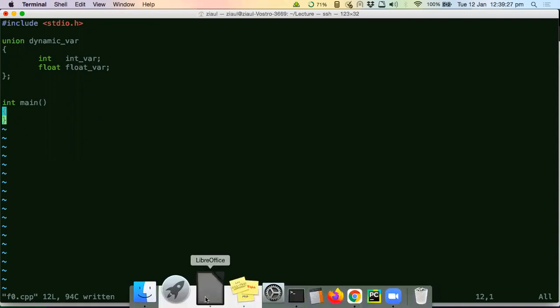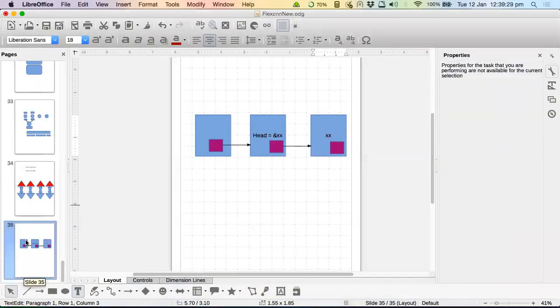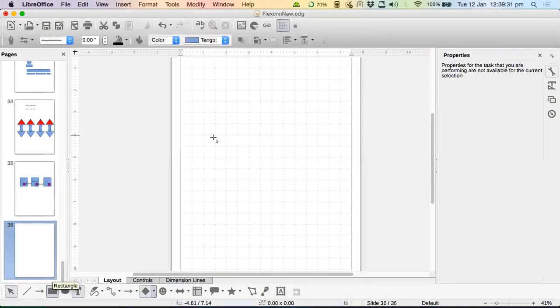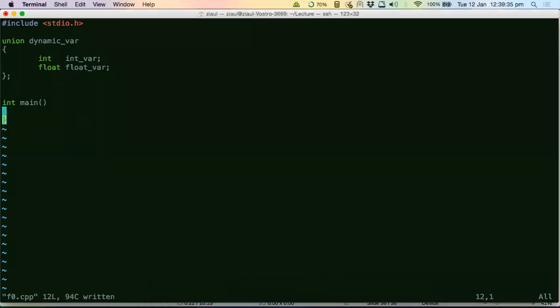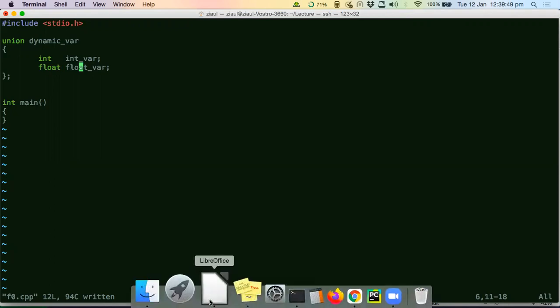Okay, I have to use the board here now. First, tell me, what is the size of the biggest data type? 4, right?